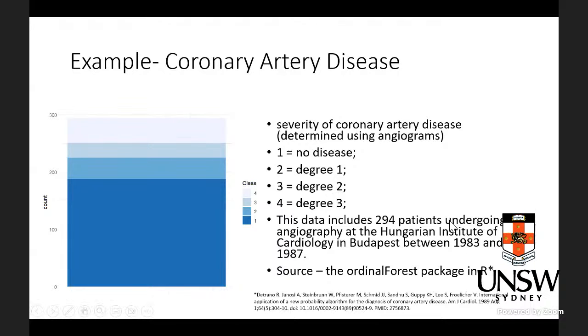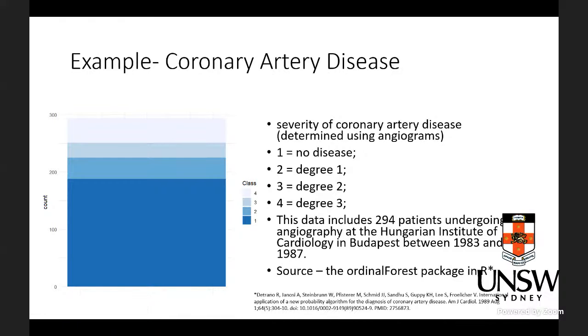So for this talk, the example I'm going to use is coronary artery disease. I found a data set that looks at the severity of coronary artery disease. They determined this using angiograms, and the scale goes from 1 to 4, where 1 is no disease, and 2, 3, and 4 are increasing severity of coronary artery disease. And this data includes 294 patients that underwent